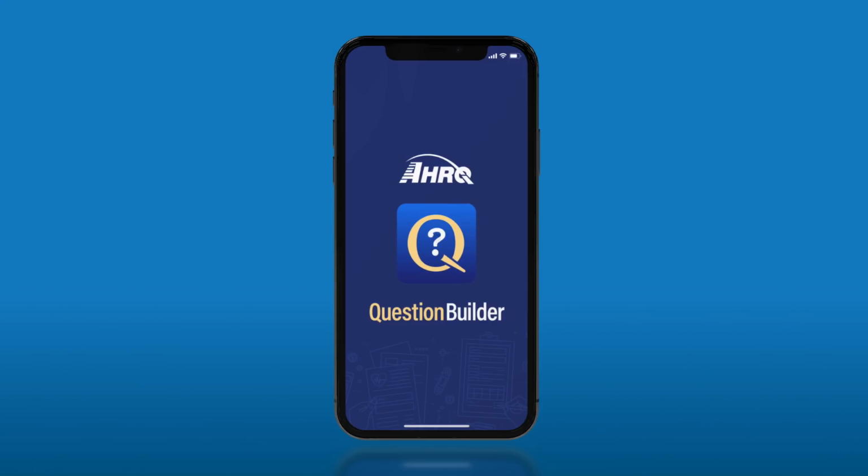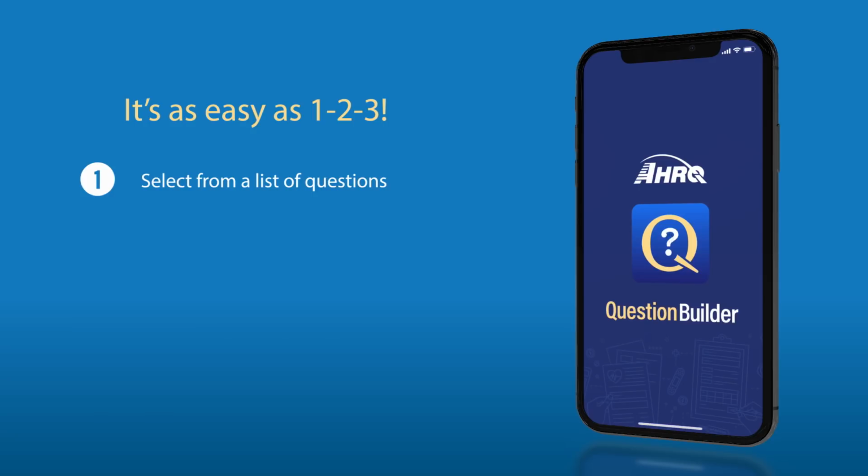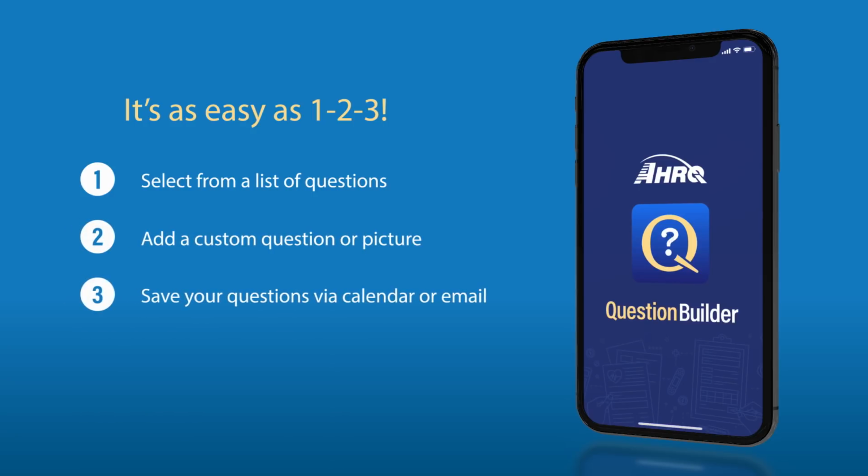We have developed the QuestionBuilder app to make it easy for you to get prepared for your next medical visit. Simply select from a list of questions, add your own custom questions or picture, and save them via your calendar or email. It is literally that easy for you to have all your questions at your fingertips for your next